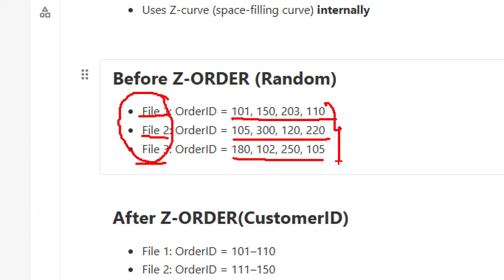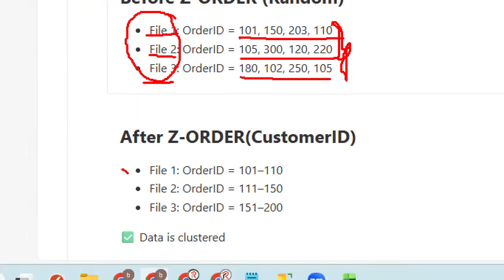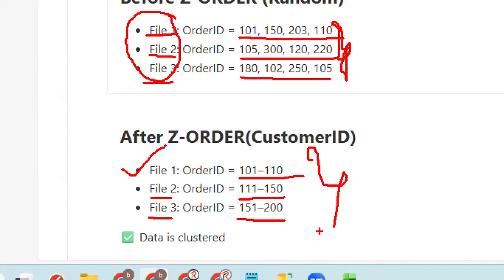Something like this, randomly available without Z-order. After Z-order, these files are rearranged: file 1 has 101 to 110, file 2 has 111 to 150, and file 3 has 151 to 200. Something like that is going to be